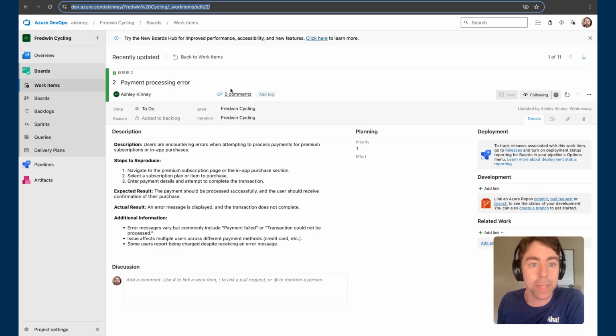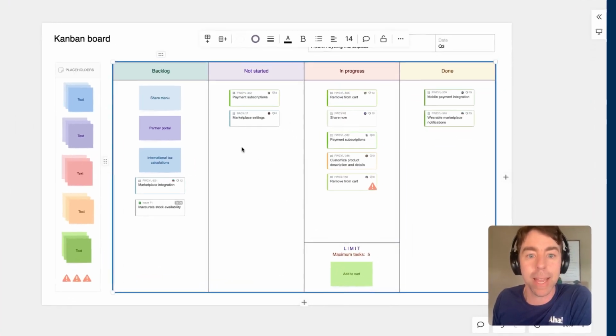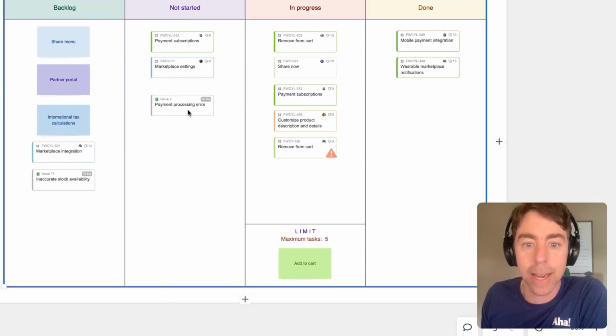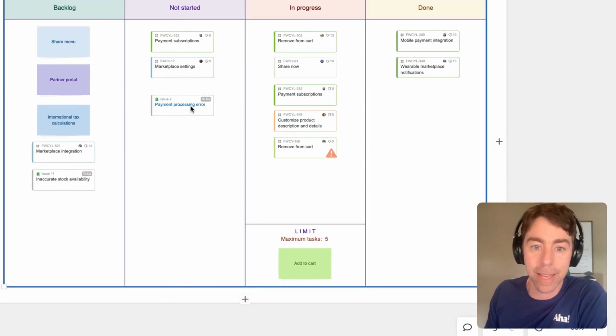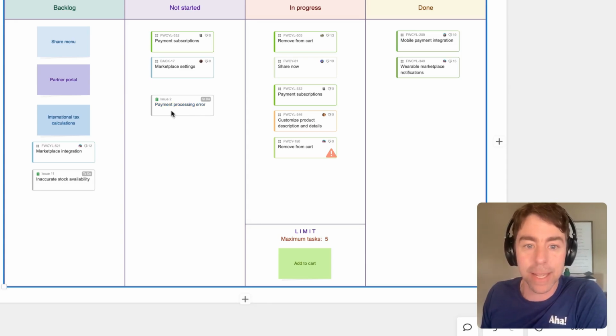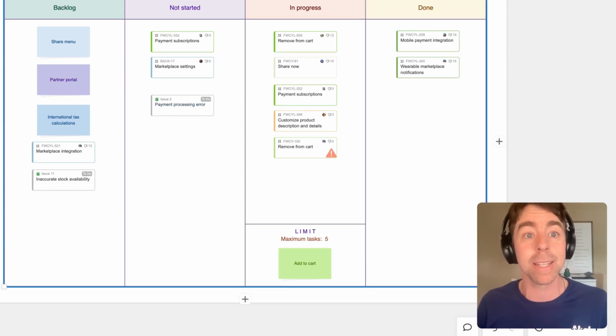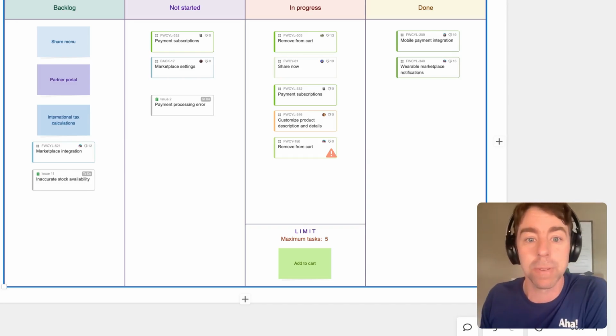Here's one of the work items they are curious about. I'm gonna copy that URL from the top, jump back and paste it, and bippity boppity boo, that's the magic moment. This is an actual record card. If I click that link, I go back to ADO. I can see some details about the record right here, and those details will be refreshed with the latest data every time I refresh this whiteboard.